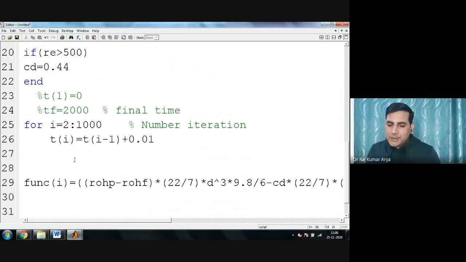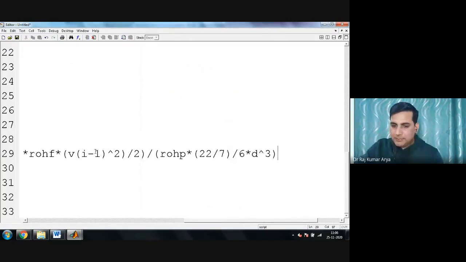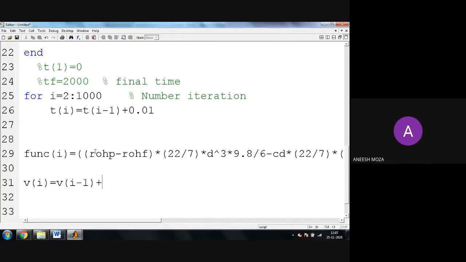Now, once I got this, I got a function value. What does Euler's method say? Your new velocity, the second velocity which you are calculating now, would be equal to your old velocity plus the step size.